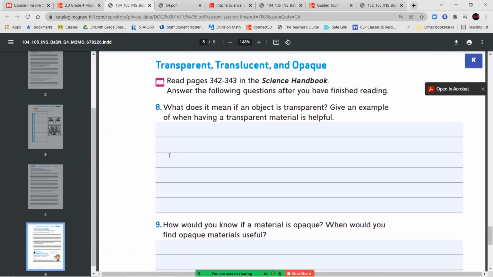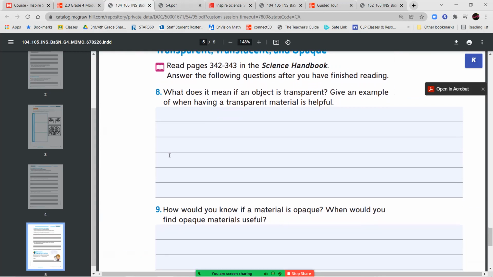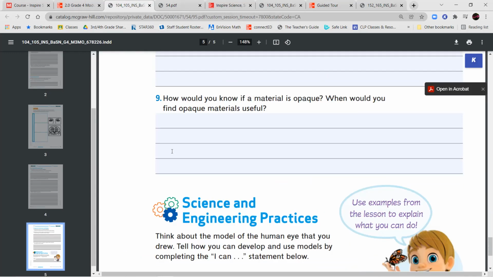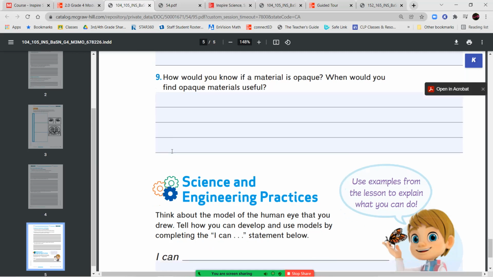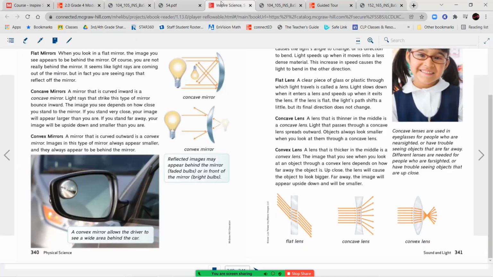All right, now moving on, we're going to read our next two pages, page 342 and 343, and we're going to answer these questions. So we have questions 8 and 9 over here. What does it mean if an object is transparent? Give an example of when having a transparent material is helpful. And number 9, how would you know if a material is opaque? When would you find an opaque material useful? And then you don't have to worry about the I can statement. So let's go ahead and jump back into our science handbook. And we're going to flip to our next page